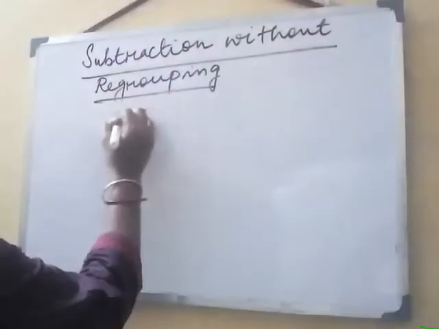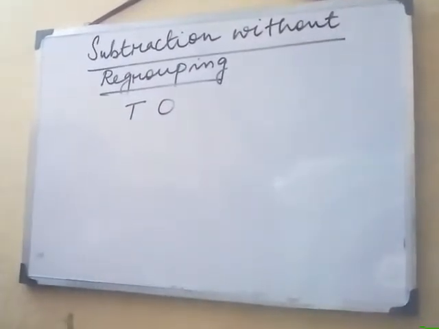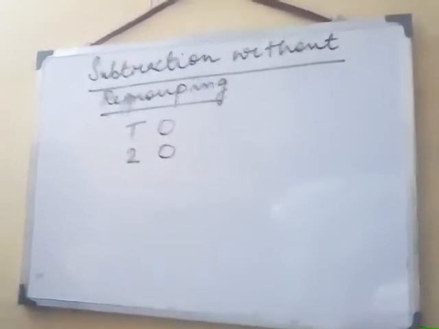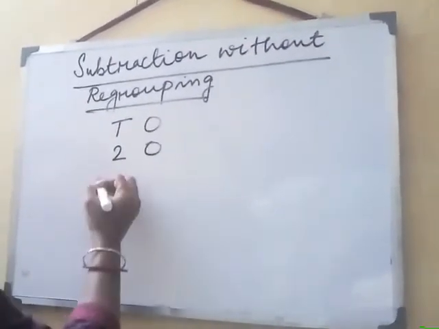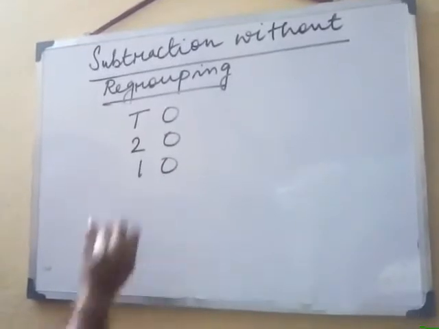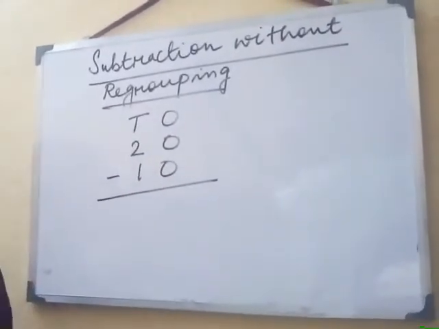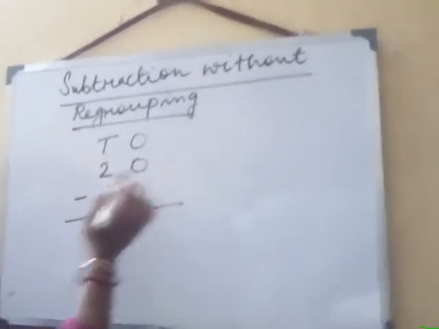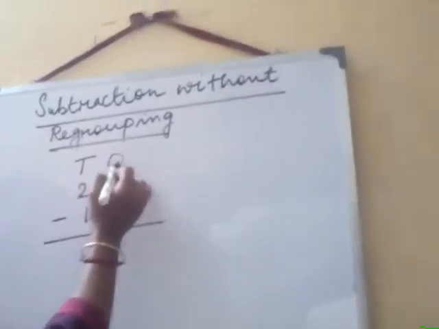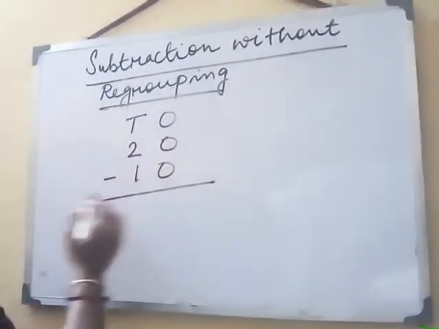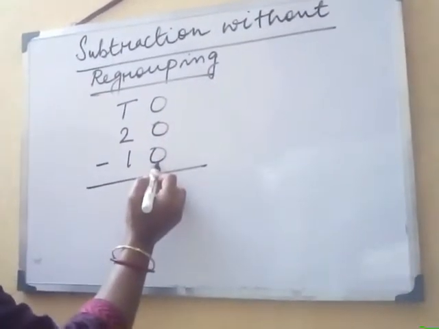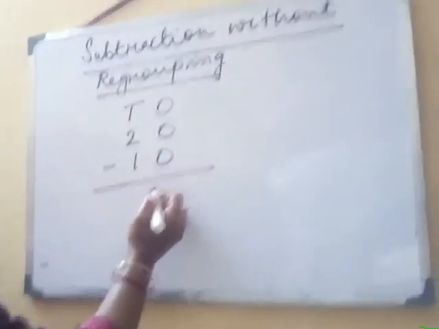Now let us show you another example. In a box, there are 20 pencils. I gave to my sister 10 pencils. So now how many pencils are left in my box? So 20 pencils in all in a box. I gave to my sister 10 pencils. So I have written the units, ones and tens. Now we will do the subtraction. As we said that bigger number is known as minuend, smaller number is known as subtrahend. The answer which we will get is known as difference.